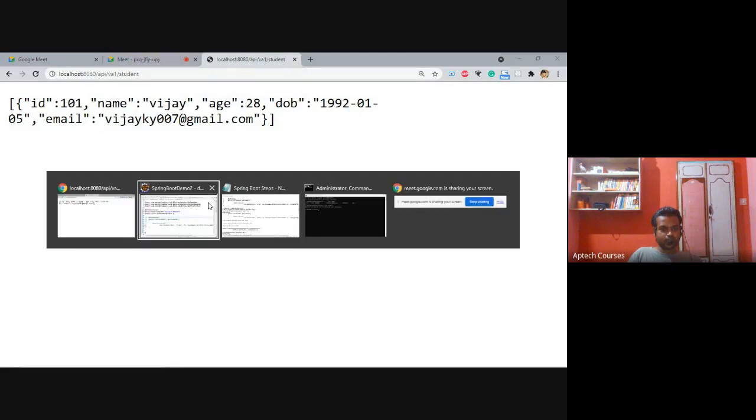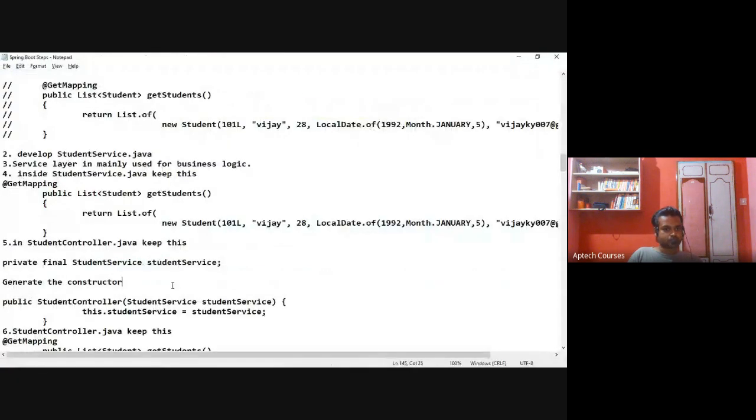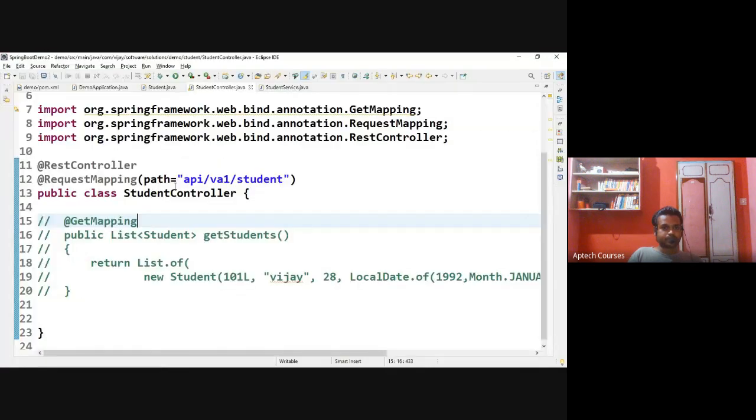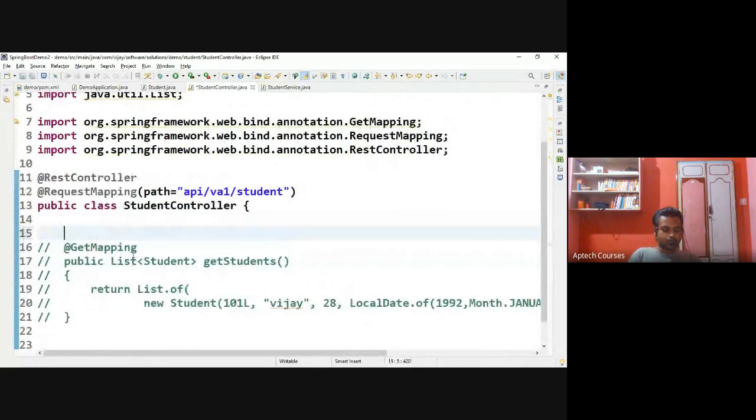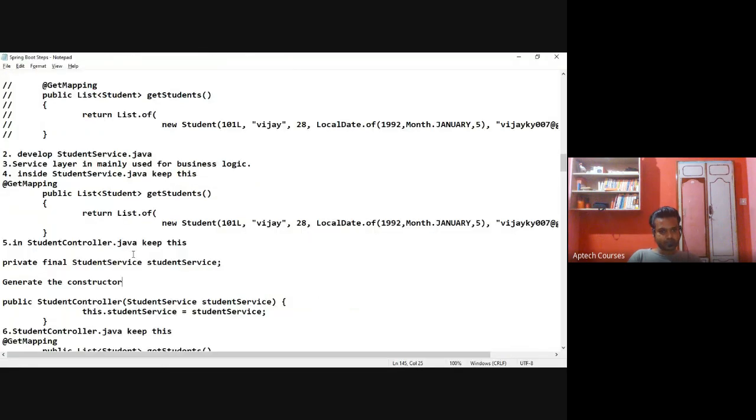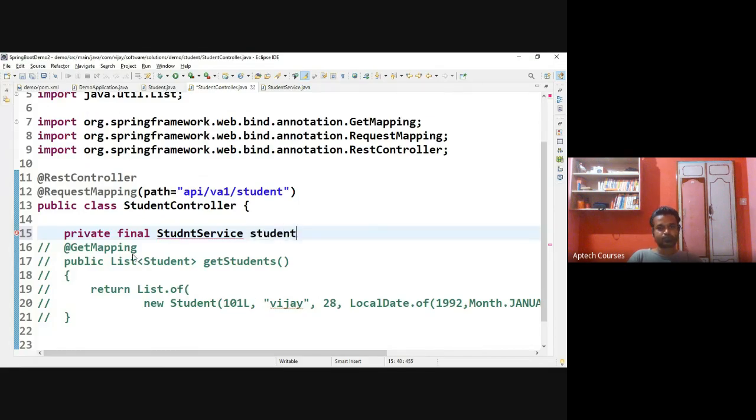In the StudentController.java, private final StudentService, student service type. Then this is the student service.